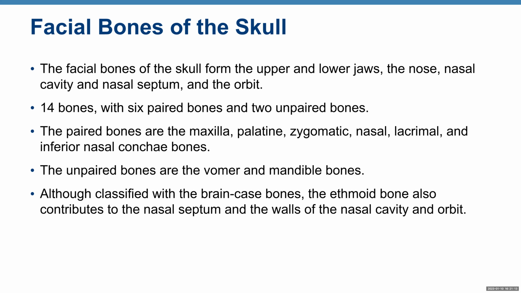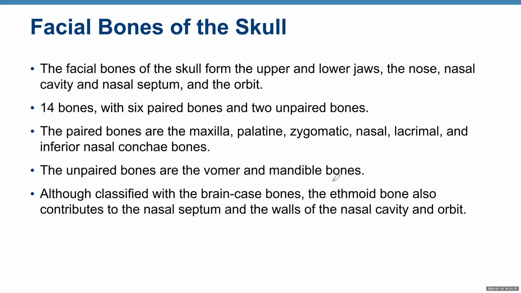The paired bones are maxilla, that is your upper jaw, and palatine bone, that is a part of your hard palate. If you move your tongue up, you will touch the hard palate. Palatine bone is a part of your palate. Zygomatic bones, nasal bones, lacrimal bones, and inferior nasal conchae bones. The unpaired bones are vomer, and vomer is a part of the nasal septum, and mandible bone, that is your lower